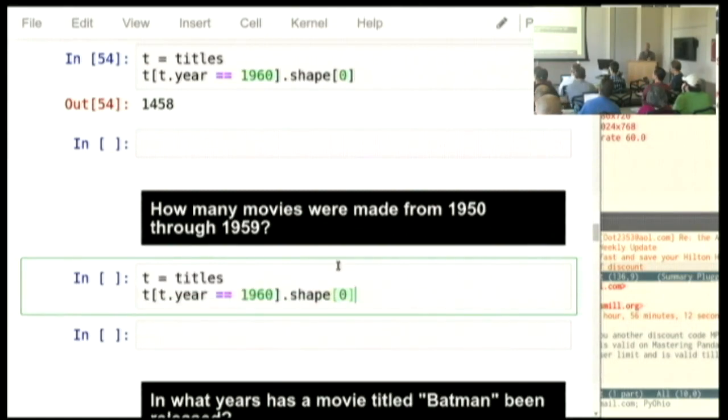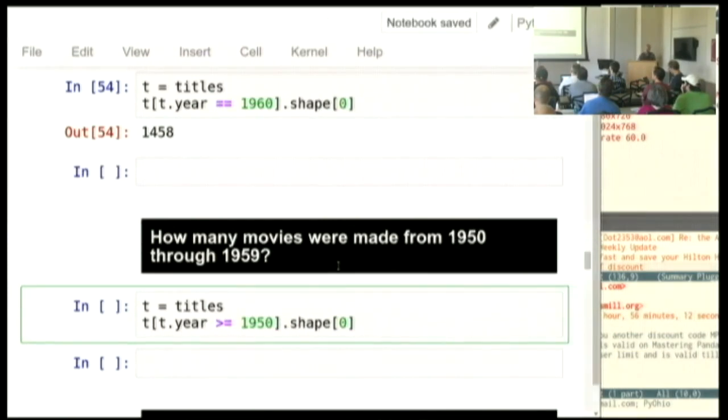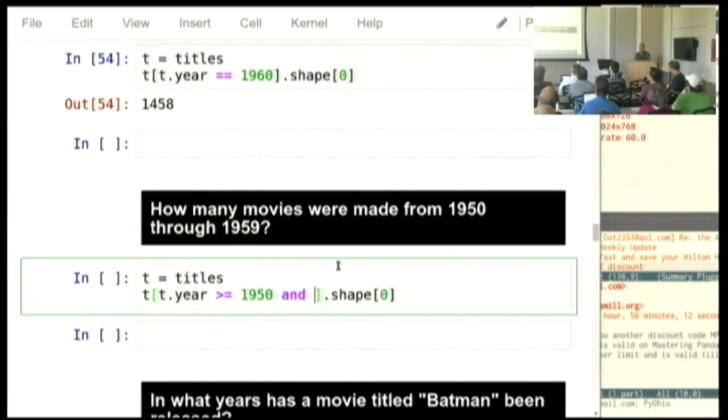All right, now this is a tricky one. How many movies were made from 1950 to 1959? Now, the official thing I'm going to teach you here is that you might think you could do this. You might think, well, all right, I want all of the movies where the year is greater than or equal to 1950, and where t.year is less than or equal to 1959.